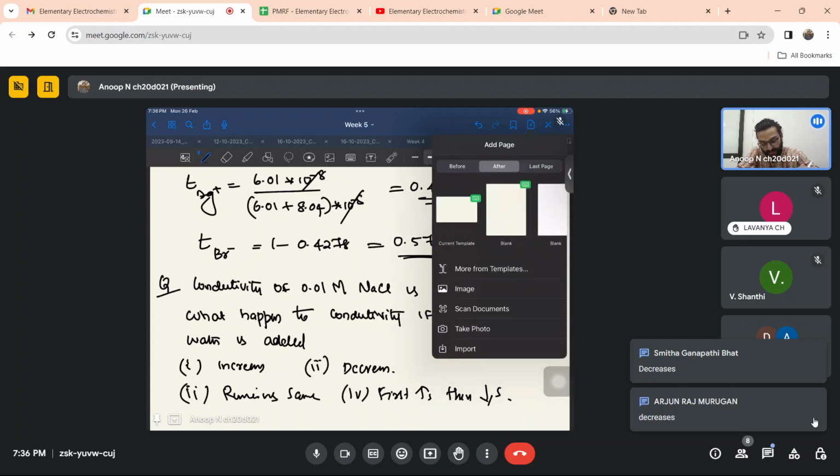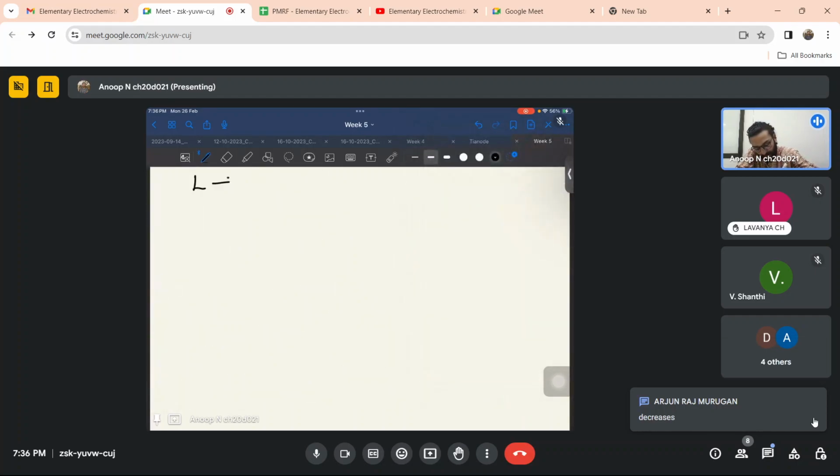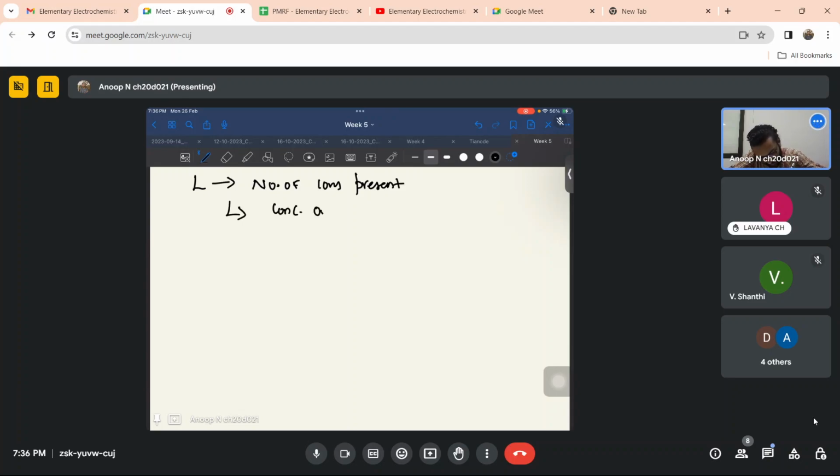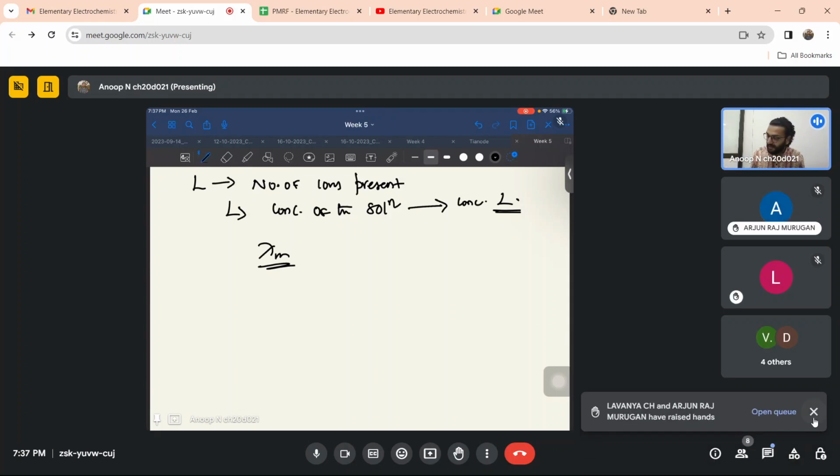Yeah. So it's a simple question. I just want all of you to remember the conductivity is a function of the number of ions present and at the same time the concentration of the solution. So once the concentration changes, conductivity will also change. So that's why we will go for molar conductivity, lambda m. So I'll stop here, I think, today. Theory portion I rushed a little. So next week I'll,